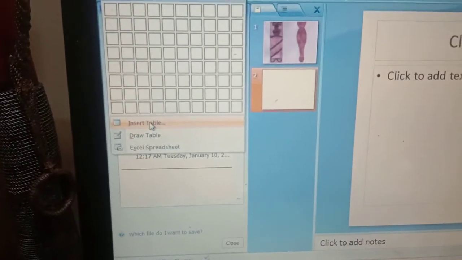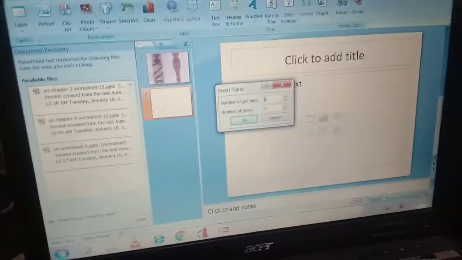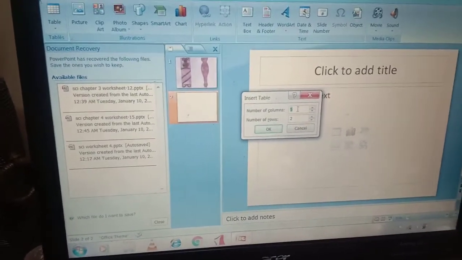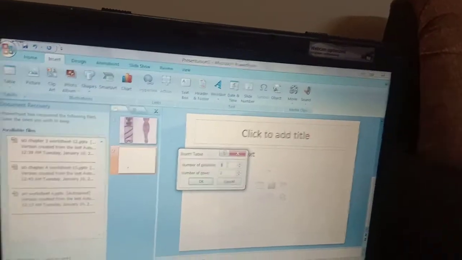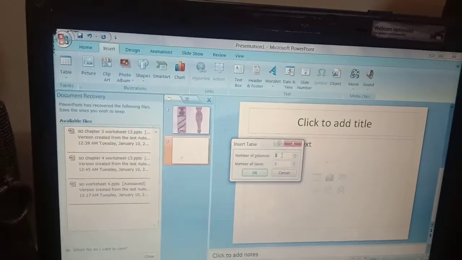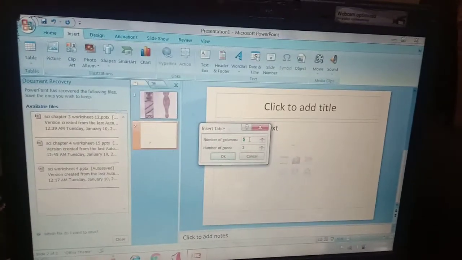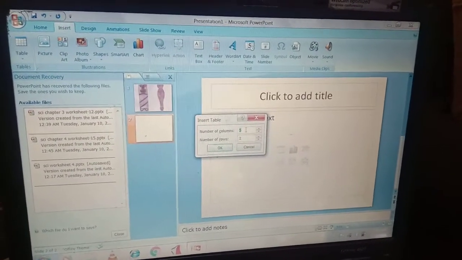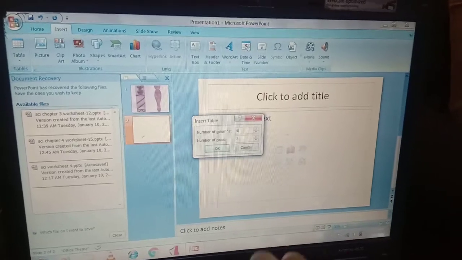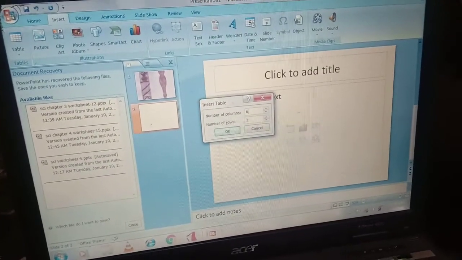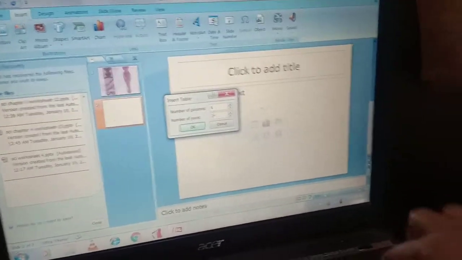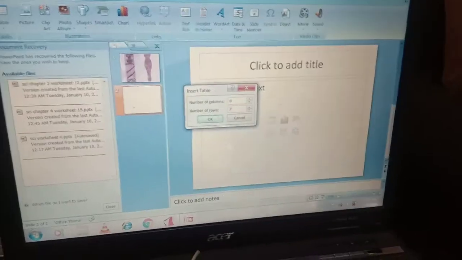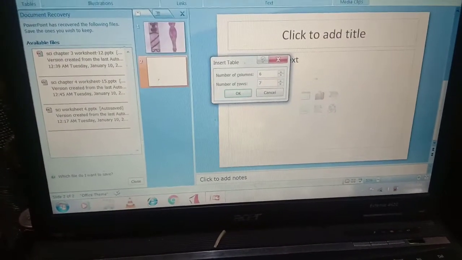Or you can click on the Insert Table button. Here you can type the number of columns, like vertical columns. So for example, I want to have 6 columns in my table, and I want to add at least 7 rows in my table.